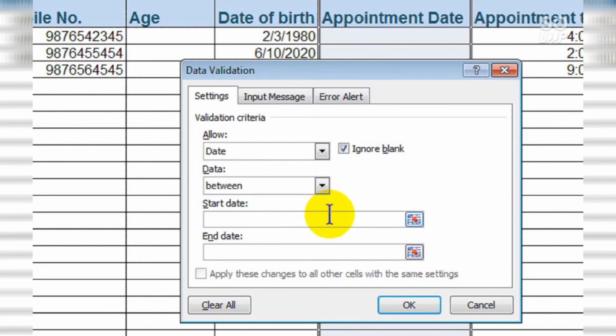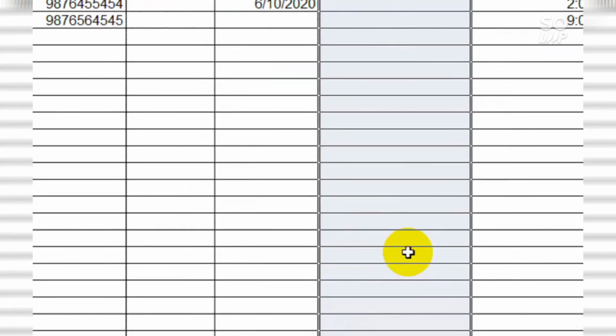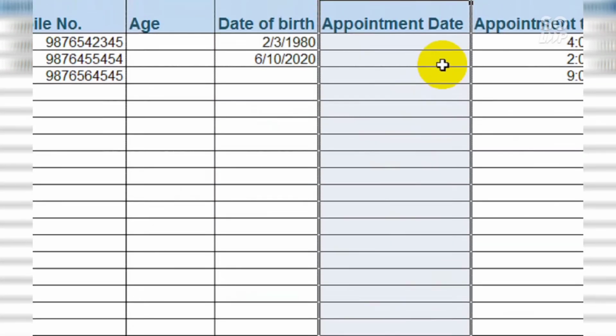And in start date, let's say we are making a list of patients of May month only, so we will type start date, that is 1 May 2020. And in end date we will type 31st May 2020. And then in error alert also you can type anything, whatever you want, and then simply press OK.